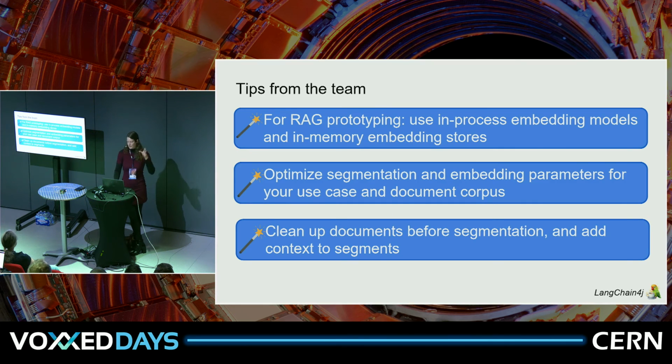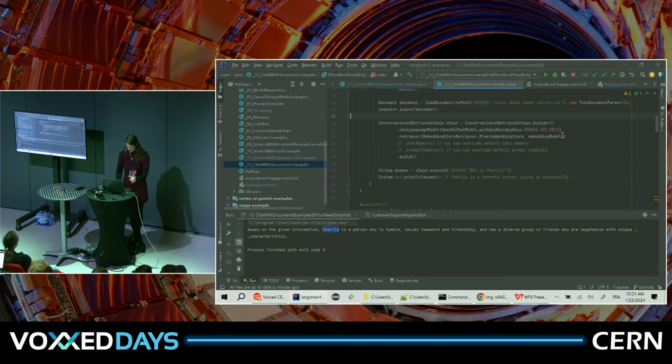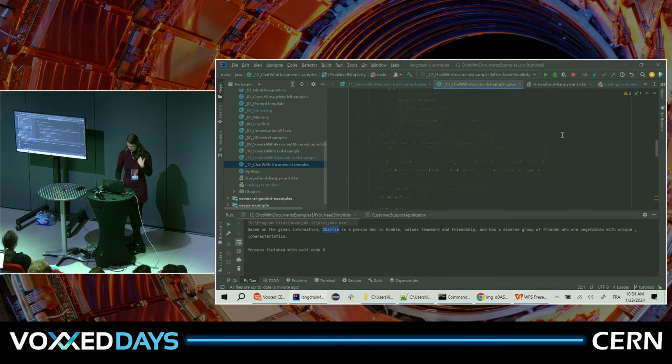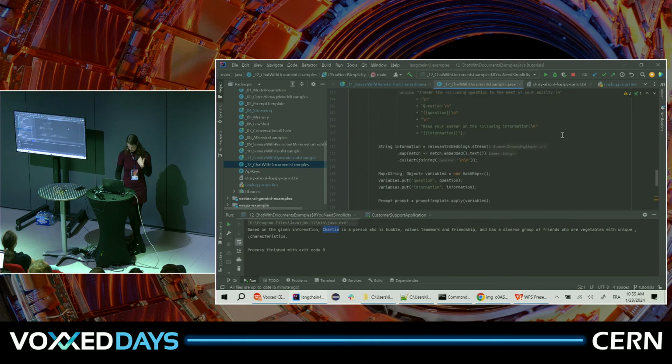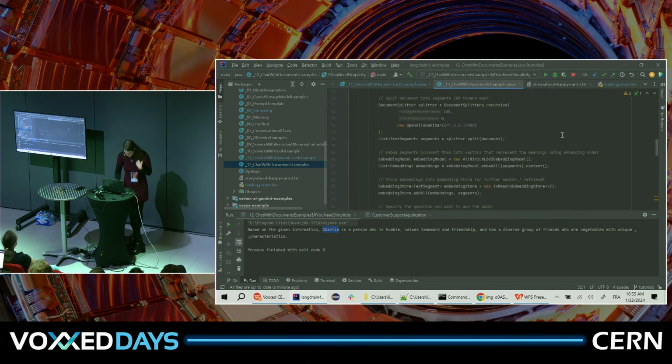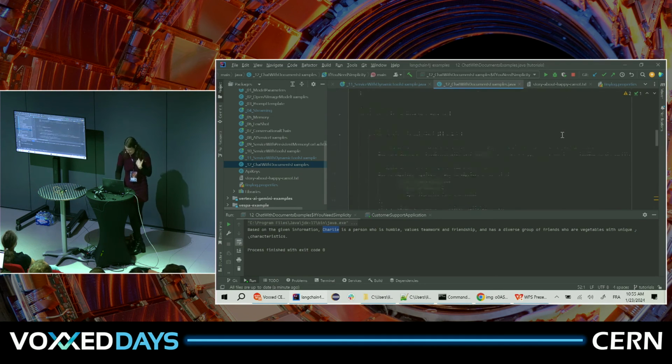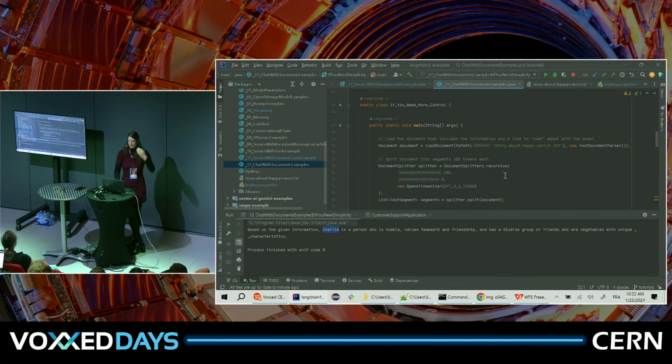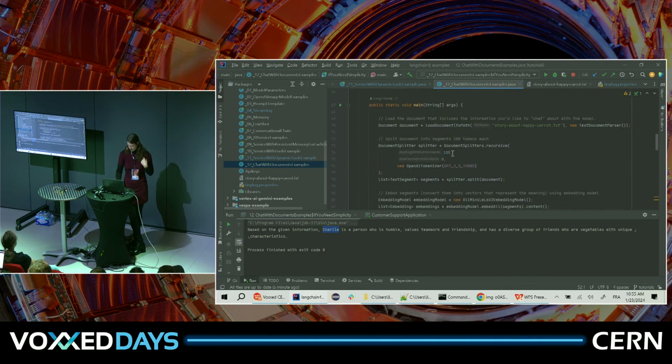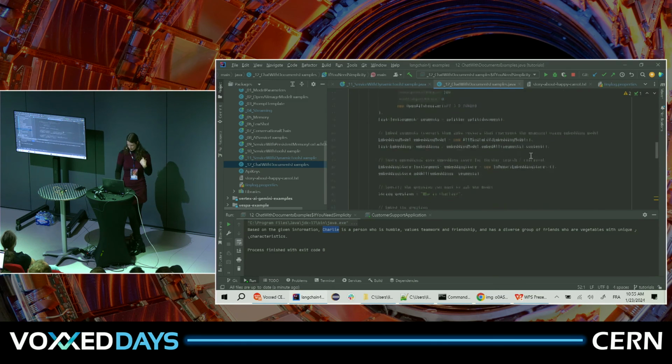Good. So for prototyping, use these in-process embedding models and memory in process. And it's really worth optimizing this segmentation. If you want to play around with all these parameters, below here there's an example called "if you want more control". Where actually all these different steps are taken apart and you can set really all separate parameters.